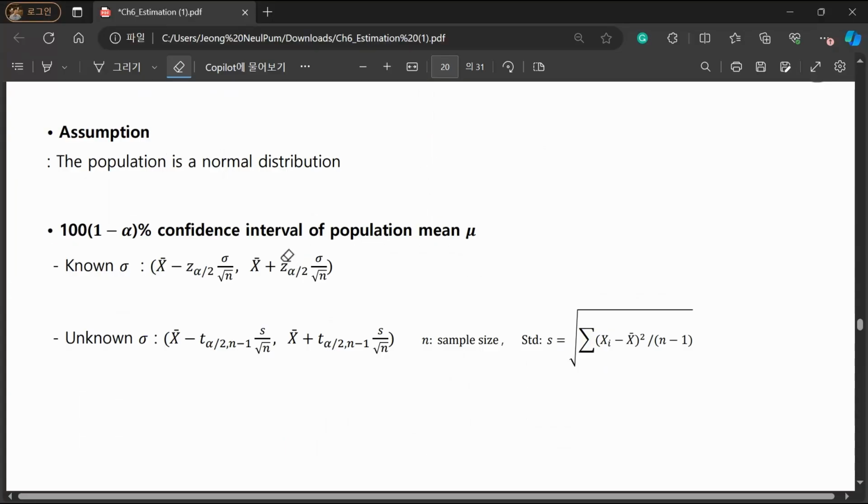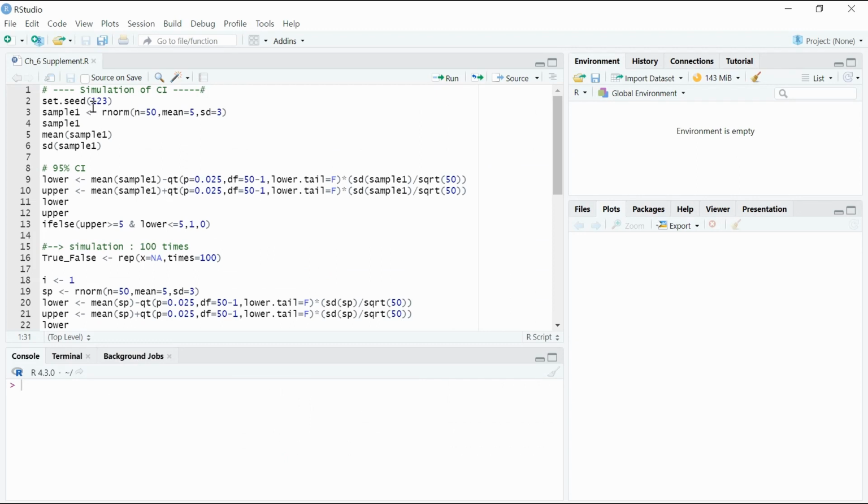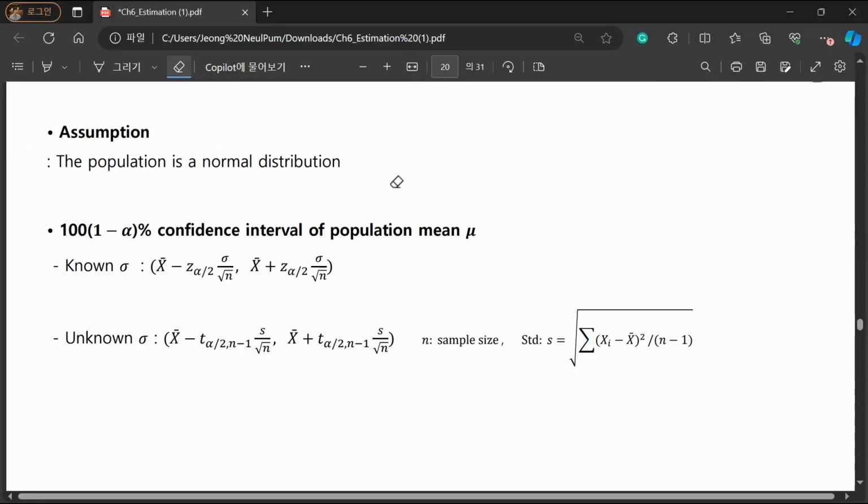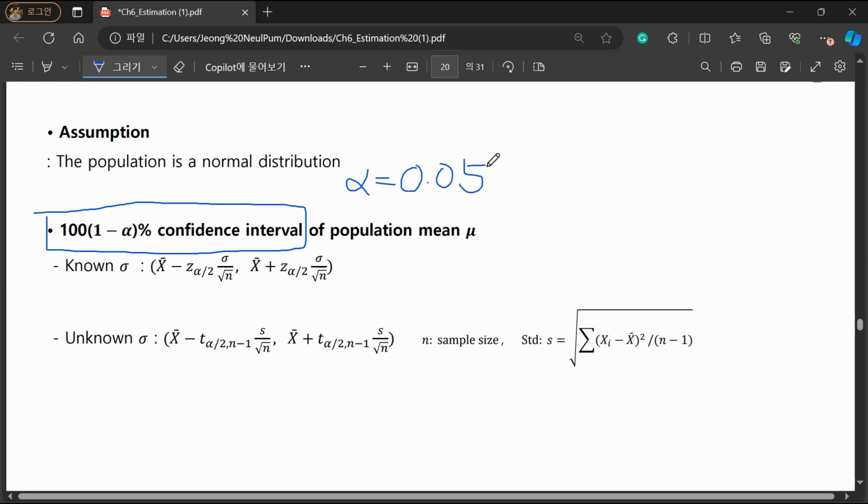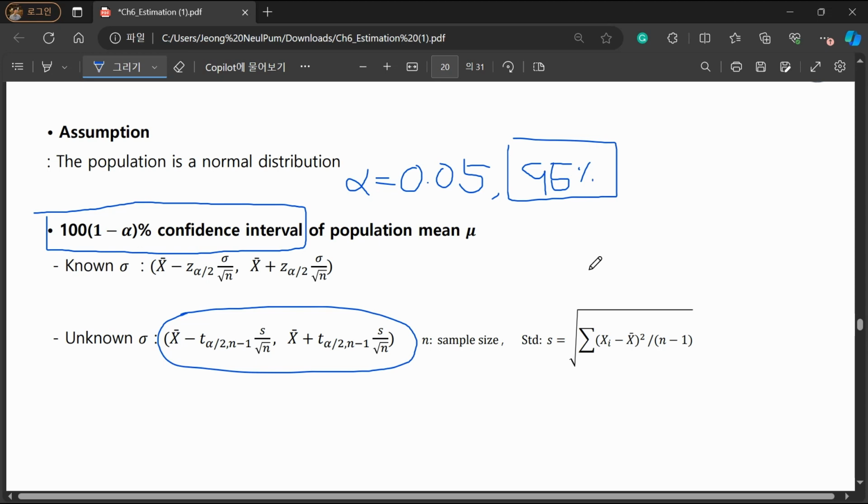And in this part, we are going to run a simple experiment in which we repeat the simulation for constructing the confidence interval many times and see if we can be 100 multiplied by 1 minus alpha percent sure that our confidence interval contains our population mean mu. Let's say that our alpha value is 0.05, then we have a 95% confidence interval, which means that, briefly, we are 95% sure that our confidence interval with these upper and lower bounds contains our population mu. However, this is not the exact expression